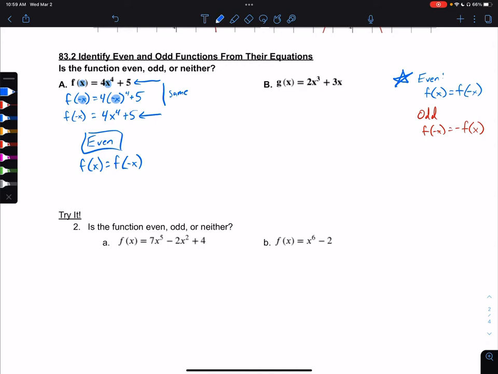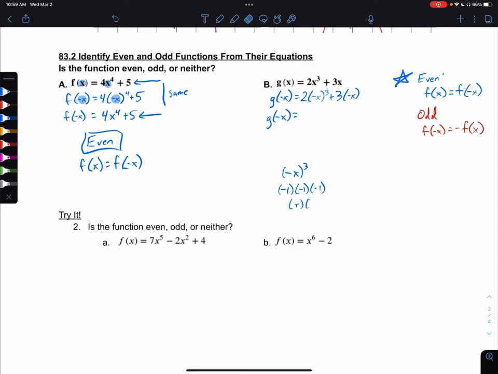Let's do the same thing with g of x. I'm going to take g of x and make x negative. So I have 2 times negative x to the third power plus 3 times negative x. And I want to do the same thing here. I want to see if my signs change for each term. So g of negative x would be equal to, well, negative x cubed. Let's just pretend we use a negative 1. If I multiply a negative 1 three times,